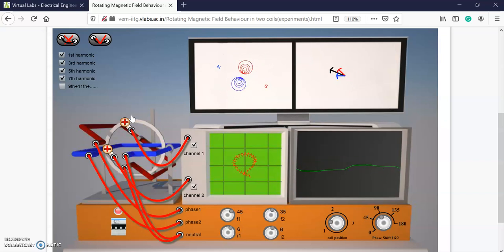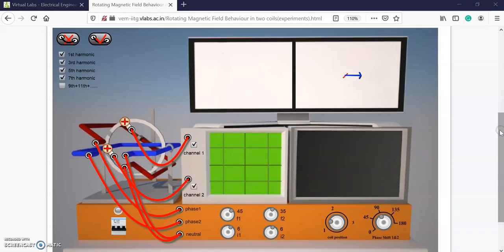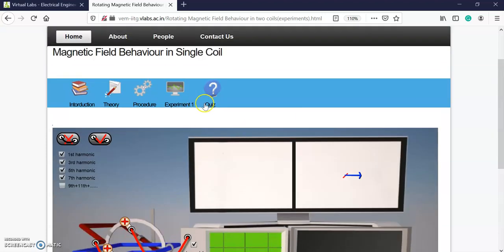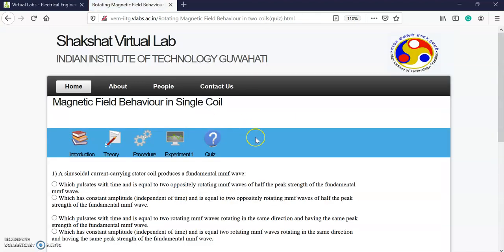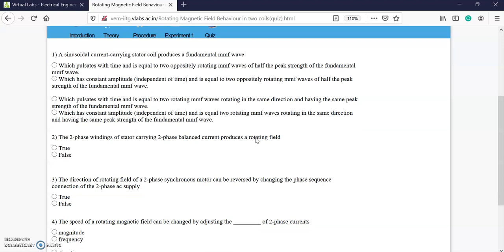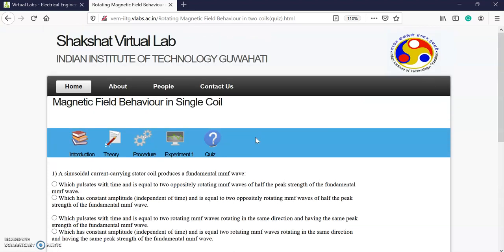So similarly, you can see this particular setup. Virtually, you are performing the experiment on this setup. You have checked that the connections that were made were right, and after that, you turn on the MCB, and there you go, you have the various outputs. I'll simply turn off the MCB now. For the last part, once I scroll up, we have the quiz. A user can simply answer these questions, and then they are done with this particular experiment.